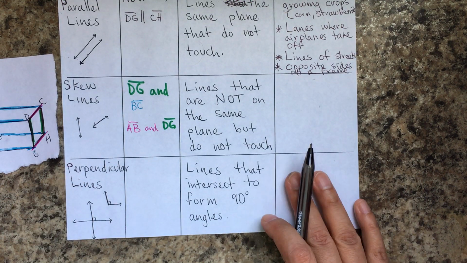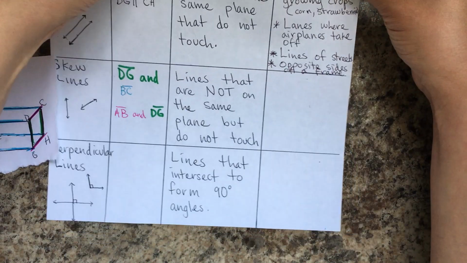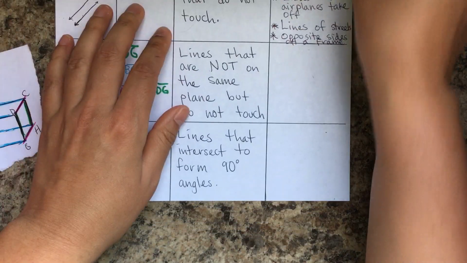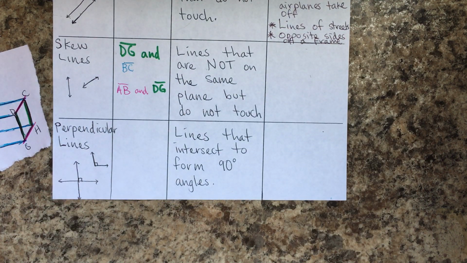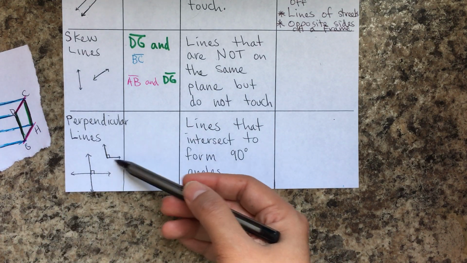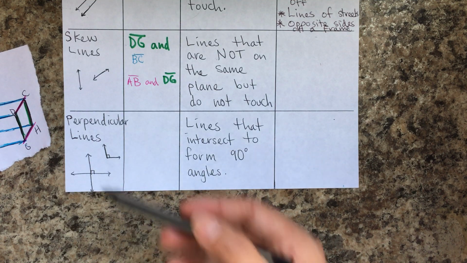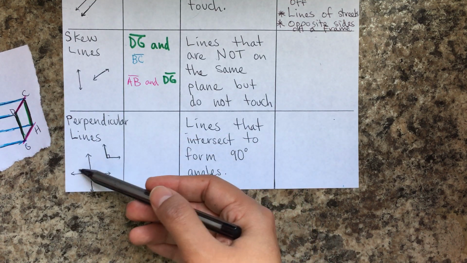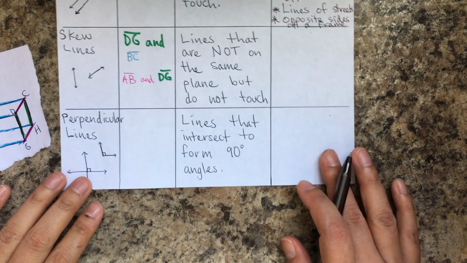Okay. Now let's go to perpendicular lines. The definition for perpendicular lines are lines that intersect to form 90-degree angles. And you have some drawings in here. You can just form an L, or you can form the whole 4 angles. And all 4 angles are actually 90 degrees. Okay, so real life